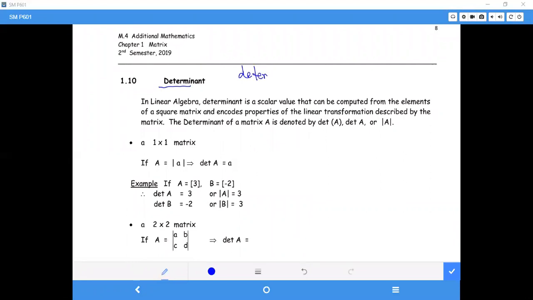When you determine something, it means you are trying to check something. So a determinant is like a checker, a tool that you use to check something. Okay, a tool to check something. So what do you use to